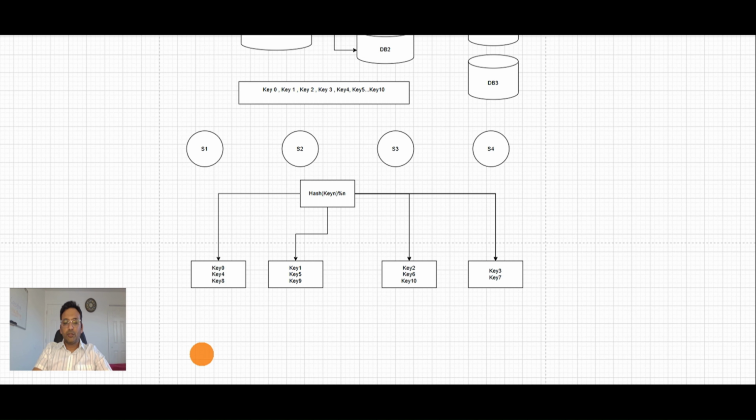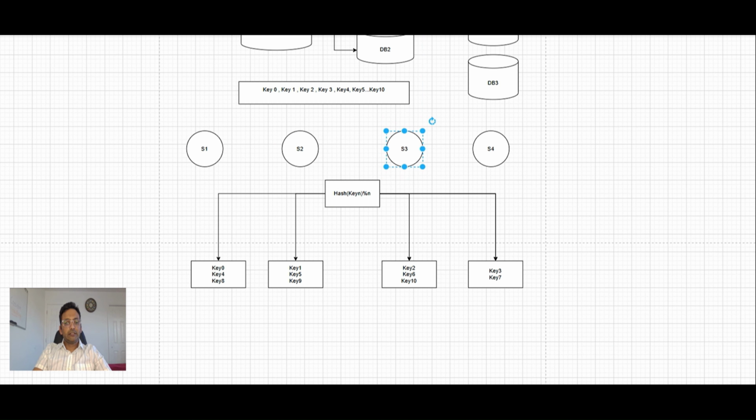So here you can see key 0, key 4, key 8 are on server 1; keys 1, 5, 9 are on server 2; keys 2, 6, 10 are on server 3; and keys 3, 7 are on server 4. So the entire load is distributed among servers and everything is good. But the challenge comes here: let's say server 3 is down,